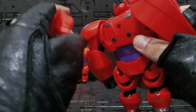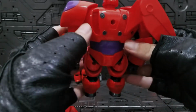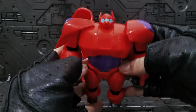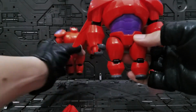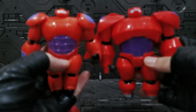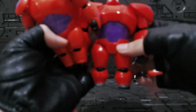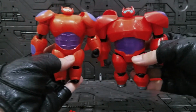Okay, maybe I just take this for a while just to show it. The figure is substantially quite heavy. It has all the attributes of Baymax. Maybe just to compare it a little bit more. Sorry, my camera is not really reliable somehow. All right,